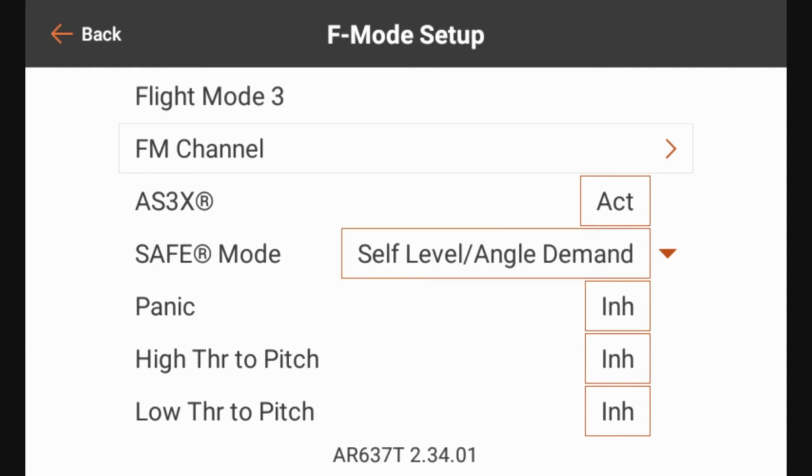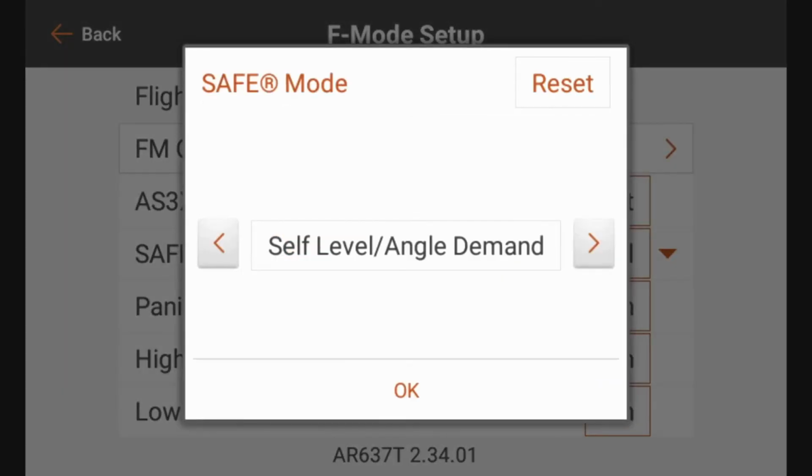this is where we assigned our safe mode. So you'll see that the safe mode is already set to self-level angle demand. Now, in the flight mode setup, this is where we would change it. So if we wanted to change it from self-level angle demand over to envelope, we can do that here by just tapping the safe mode, and we can go through the different settings, and we can either set it to envelope or self-level angle demand, or we can just turn it off. I want it on self-level angle demand,